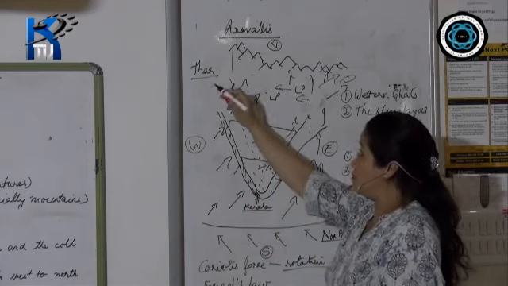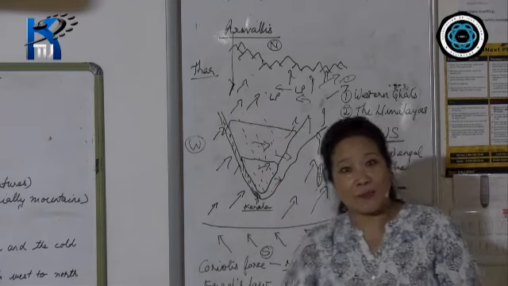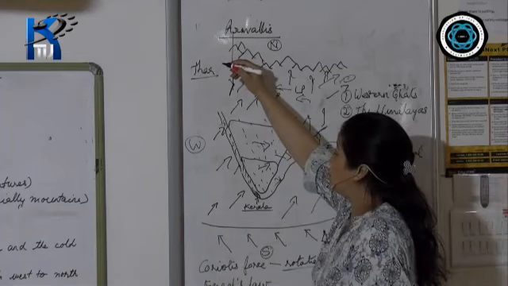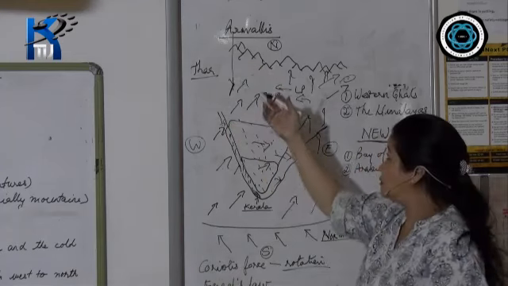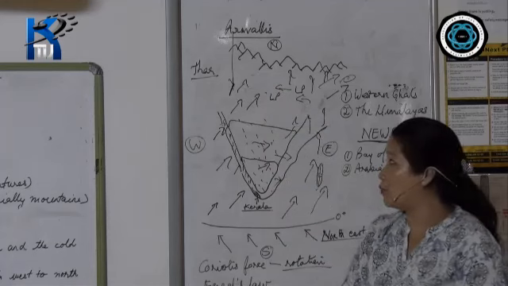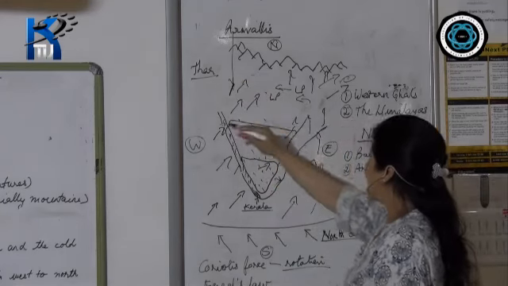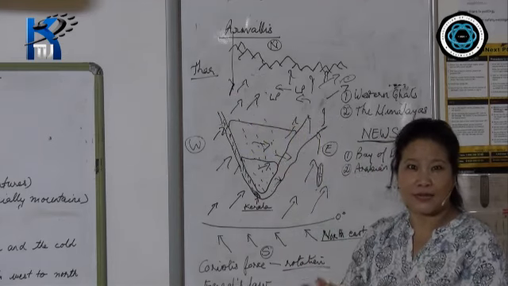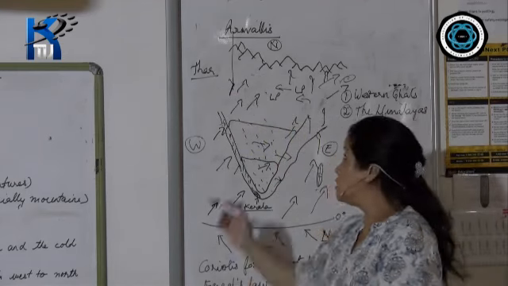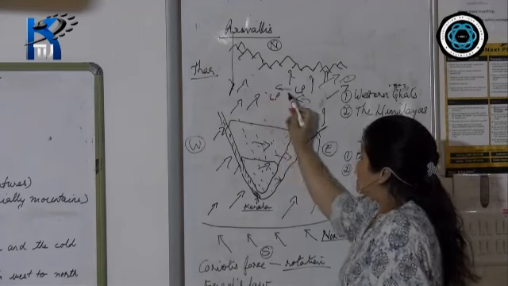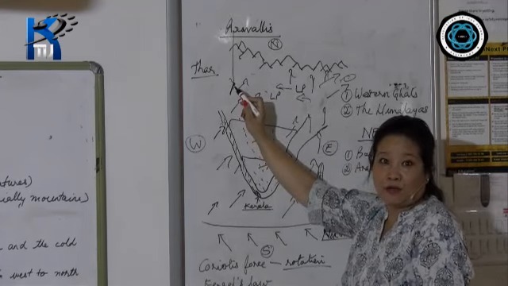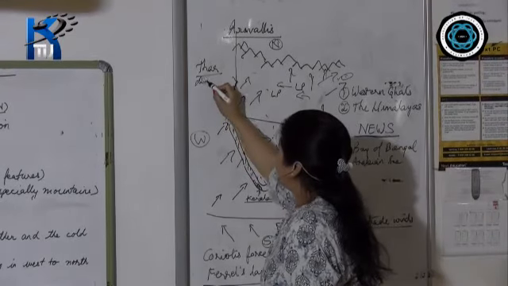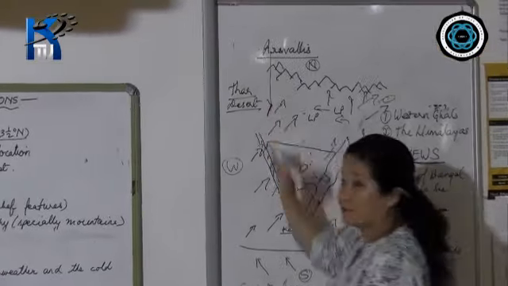And in the desert, one of the characteristics is that the rate of evaporation is more than precipitation. So the winds cross over and reach as dry wind. So the Thar desert does not get much rain. It does get rain, but a very small amount. So the Thar desert gets no rain from the Bay of Bengal branch, nor from the Arabian Sea branch. So this remains a desert.